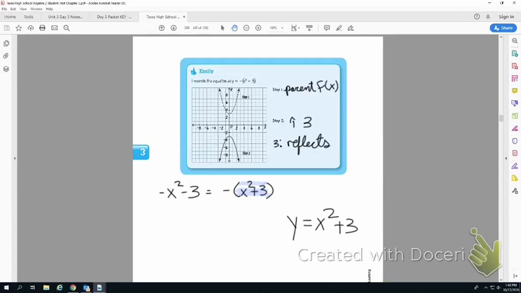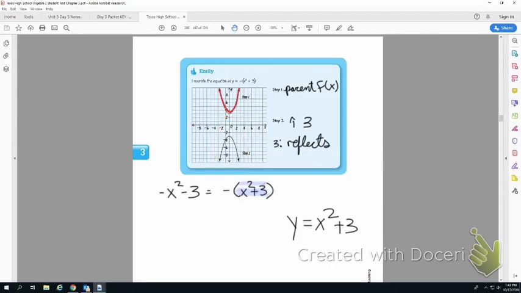So the point of all this is, as long as you're doing each individual transformation correct, the order in which you do them does not matter. Now, looking at this, you have got to be careful whenever you have something like this, because a lot of people, they'll get to this step, if they were to do it this way, and then if I asked them to reflect it, I would get a whole lot of this. All right, but you got to remember,